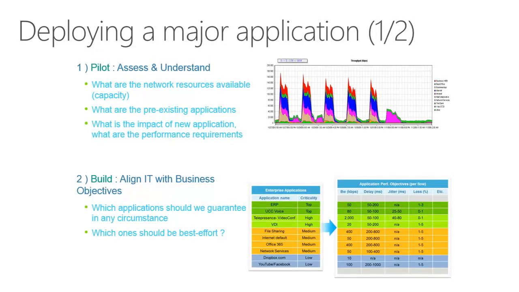Once we understand what is actually being done on the network now, we can start to align the network use with the business objectives. So we can categorize our applications into things that are important, things that are not important, things that are real-time, things that are background, file transfer traffic. And we can start to understand whether, again, the capacity exists within the environment. I'll talk a little bit more about what I mean by setting up objectives in a couple of slides' time.